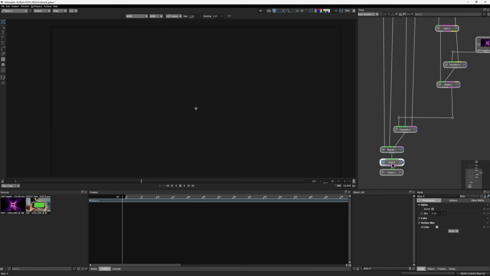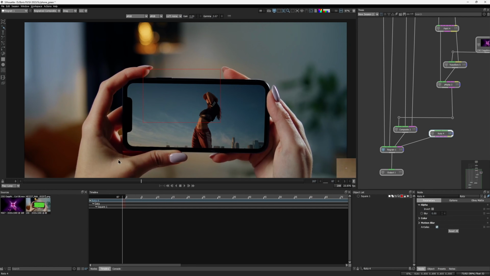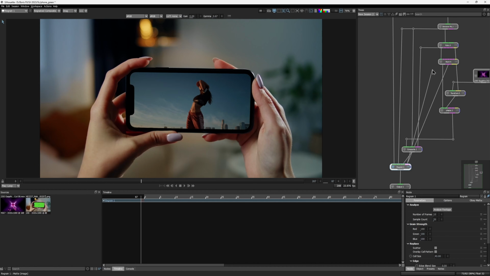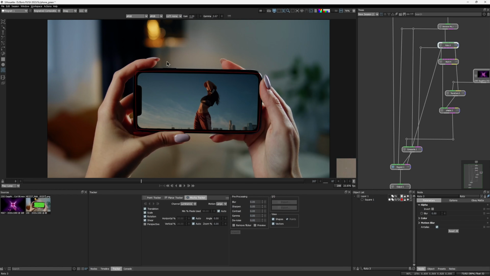If I draw a simple shape and feed the alpha in, what regrain will do is leave the original grain everywhere where the alpha is black and scatter the randomized grain within the area where the alpha is white. Meaning we can fix the tracking marker artifacts that are bleeding in by applying the scattered grain only in the areas where we need that. I actually already have my alpha that we can use, so I would delete this shape. And now I can connect this matte input either to the output of the paint node or to the roto node that I was using to track the phone. Then the grain would be scattered over the whole screen.